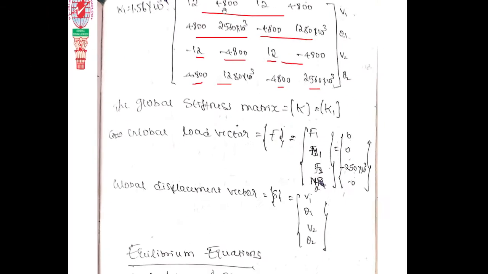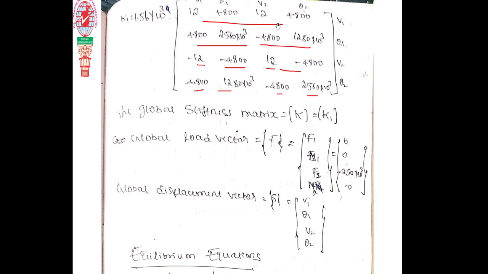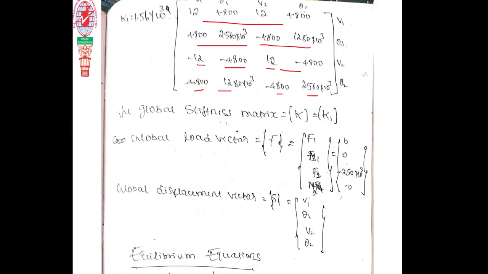See, and one more very important thing here, listen. In case of 1D bar as well as in case of trusses, we are numbering like 1, 2, 3, 4, 1, 2, 3, 4 based on the node numbers and degrees of freedom at each node. We are not numbering like that here. In the entire beam problem, we are numbering with respect to the degree of freedom only. So what we are considering in the node, instead of 1, 1, 1, 2, 1, 3, is v1, theta 1, v2, theta 2.